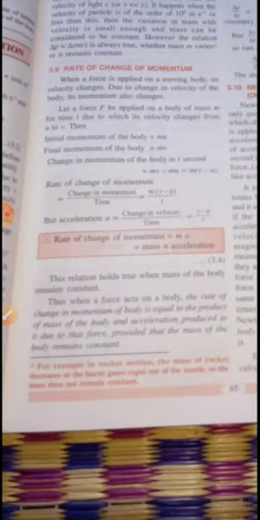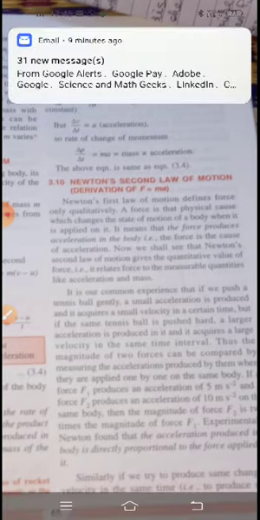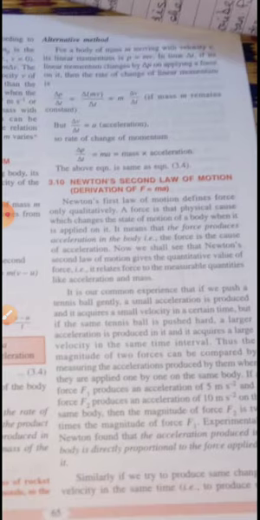So the law goes in this method. When a force acts on a body, the rate of change in momentum is equal to the product of the mass of the body and the acceleration produced in it due to that force. So this is how we obtain this particular equation. With respect to this, let us see the next one, Newton's second law of motion, that is the derivation of the law F is equal to m into a. Newton's second law of motion will qualitatively speak about your force, how the force is going to